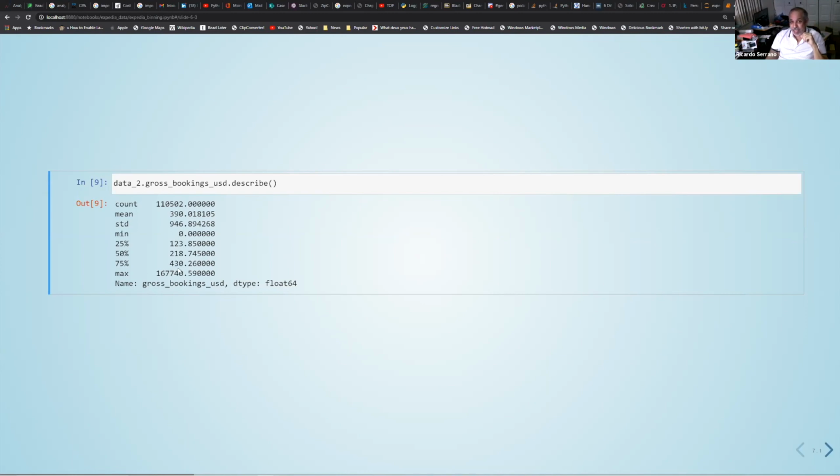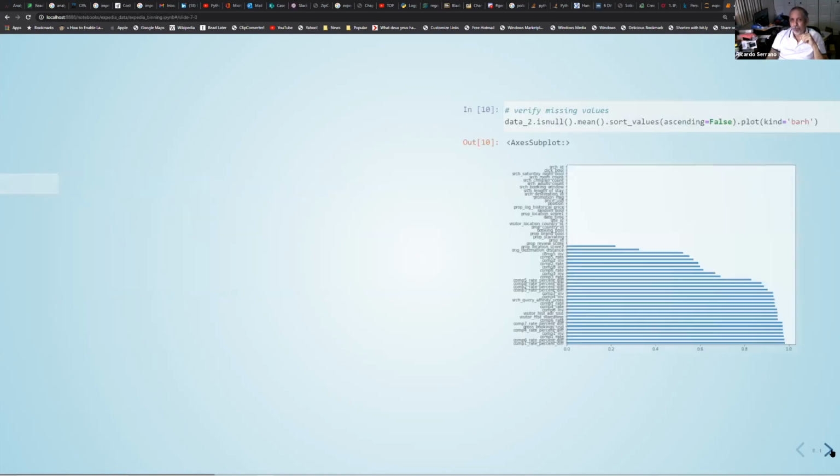But that is part of the problem that we have, because this definitely is an outlier. If you have an average of $390 per booking, well, $160,000 is going to be a really big outlier. And I'm going to show you in some of the visualizations in the exploration of the data that distribution and those outliers.